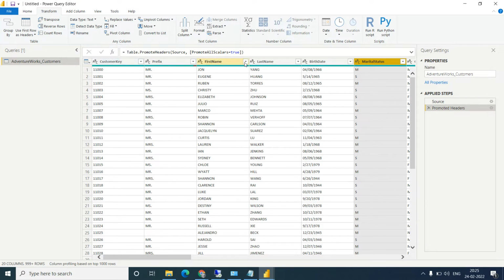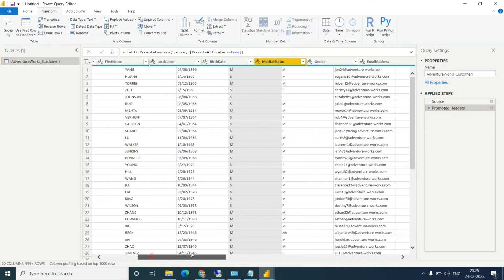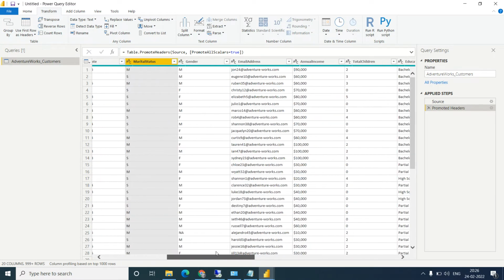Okay, so let's say I want to do a task. I want to convert the email ID into uppercase. I mean, all the email IDs should be in uppercase, like full capital, not in small letters. Okay, so this feature is available in the transform tab, and also in the add column tab.